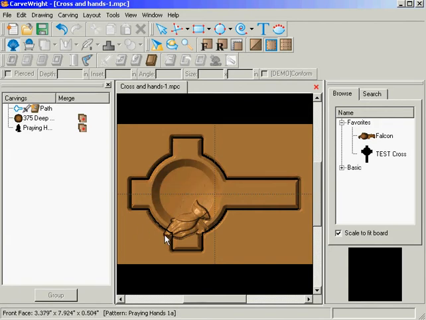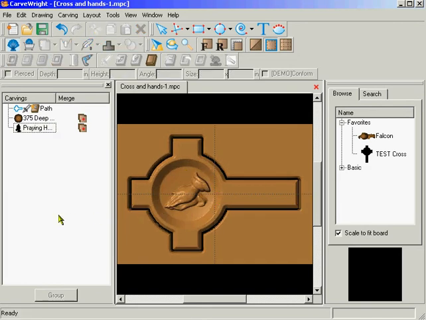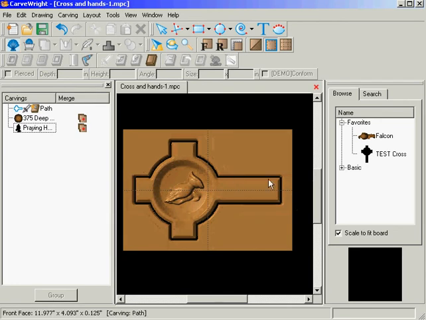okay, since the hands were not centered on anything, I have to move them again. I should have, as soon as I put my cross on it, changed the board size. Since I didn't, I'll click on the hands again and reposition them. And there we have it on a 10-inch wide board, still 14 long, and it's well centered in that. So I do another save, and there I have my project,